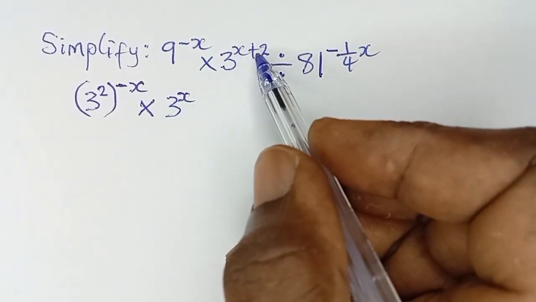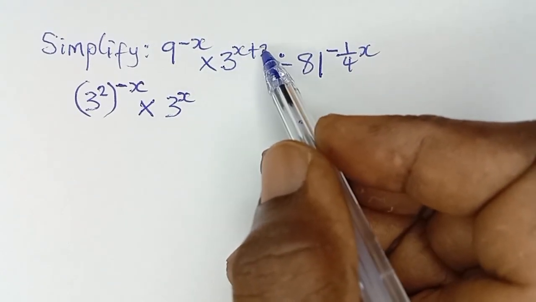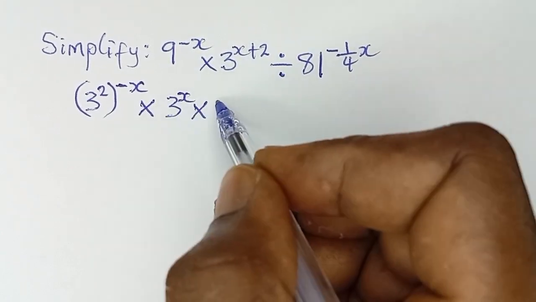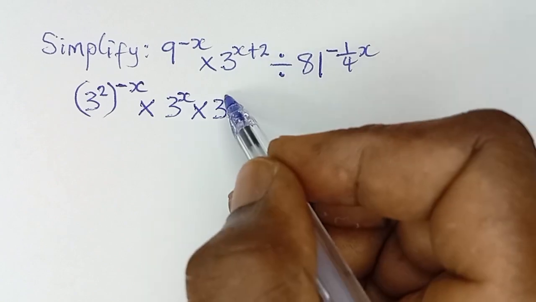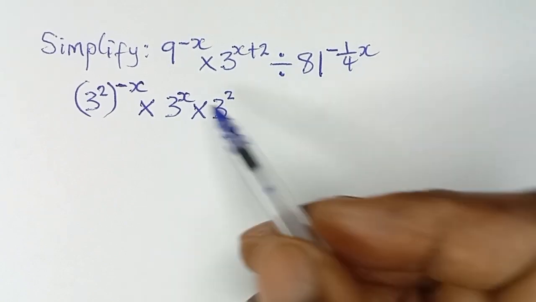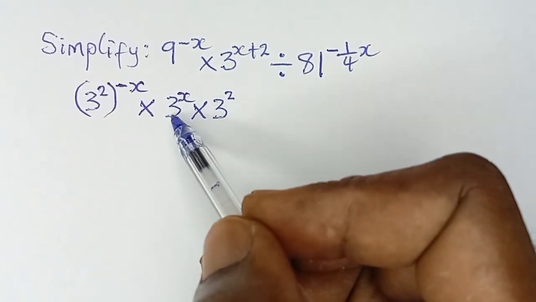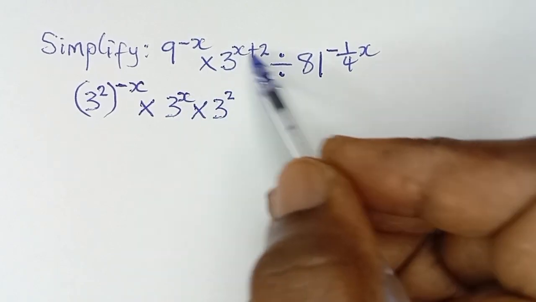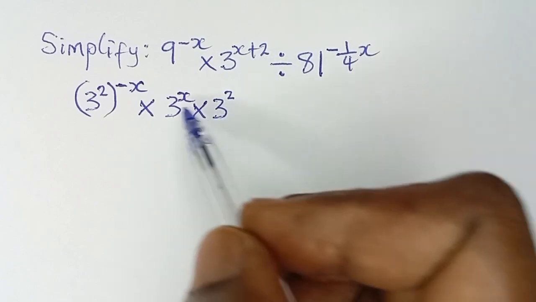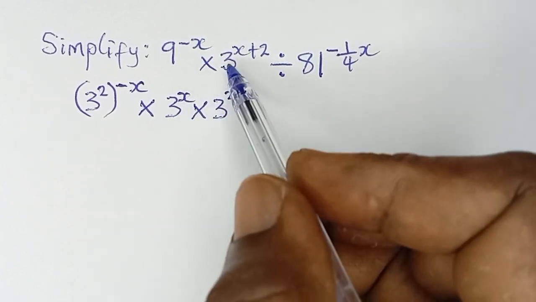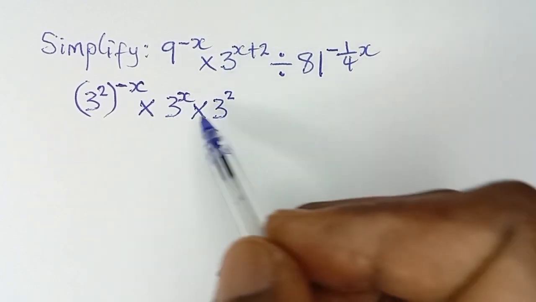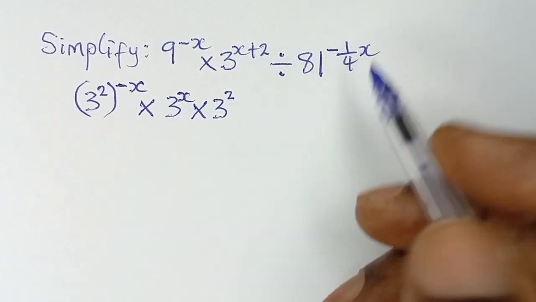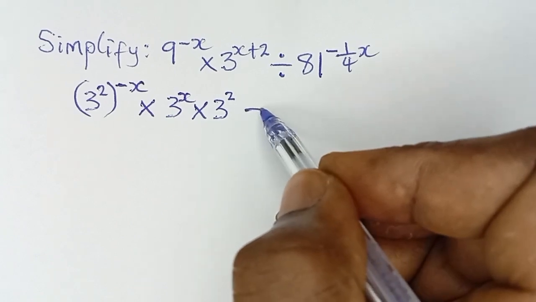In indices, when you have powers adding like this, it means you can multiply the same base, which is 3, raised to the power of this value, by 3 raised to the power of the other value, 2. So when you want to break from this form to this form, you take the base raised to the power of this, multiplied by the same base raised to the power of the other value. Now, it says divided by